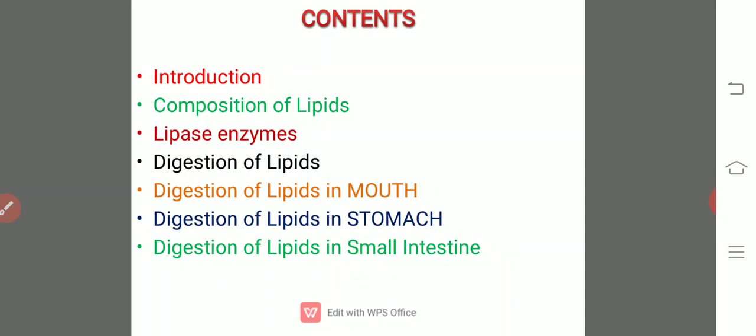First of all, in our food, we will take lipids either in the form of fats of animal source or oils of plant source. The fats from the animal source are in general butter, cream, lard. Lard means the fat of pig, and tallow. Tallow is the fat of other animals, meat. All these include the fats of animal source.